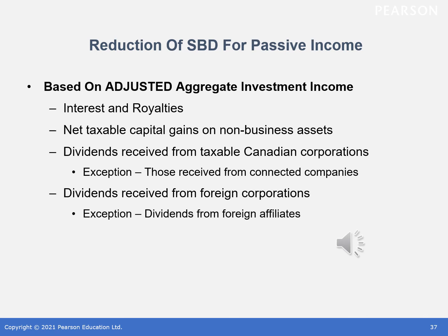When looking at the small business deduction for passive income, you need to look at the aggregate investment income. Put all the extra detail on page 606 of the textbook, but it's adjusted and it looks at interest and royalties, the net taxable capital gains on non-business assets, dividends received from taxable corporations, and dividends received from foreign